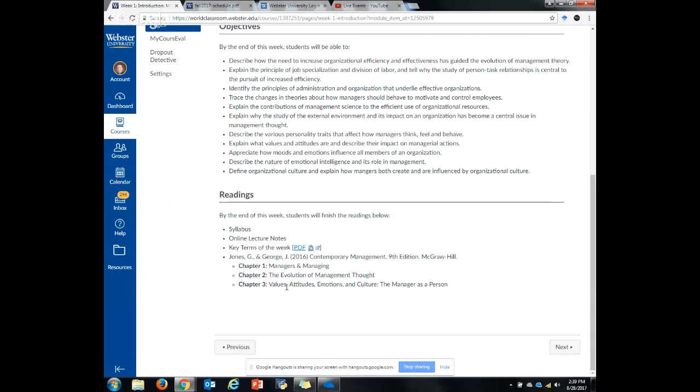And then finally, what's going to conclude this week is values, attitudes, emotions, and culture, the manager as a person. So we know that a manager has to work through people in order to accomplish objectives of the organization. But a manager is also subject to the same cognitive feelings, emotions, personality quirks, things like that that other people are.